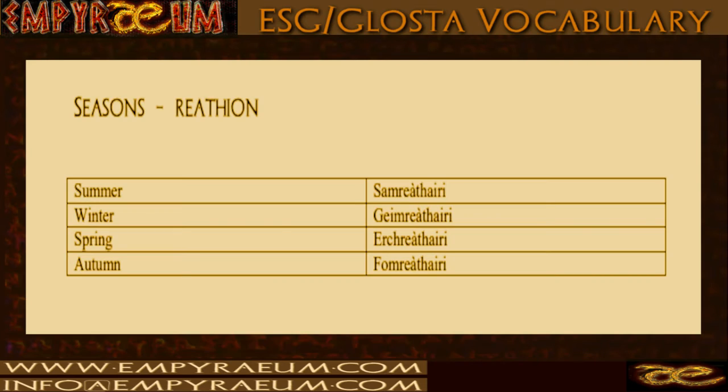Next, we are going to move on to, just because it's always nice to know, the actual seasons of the year, known as the Reathion. Now, you'll find in Empyrean Standard Greek and Glòstean there are always roots and commonalities, and usually the name of the thing includes what it is going to be. For example, summer is Samriathi,